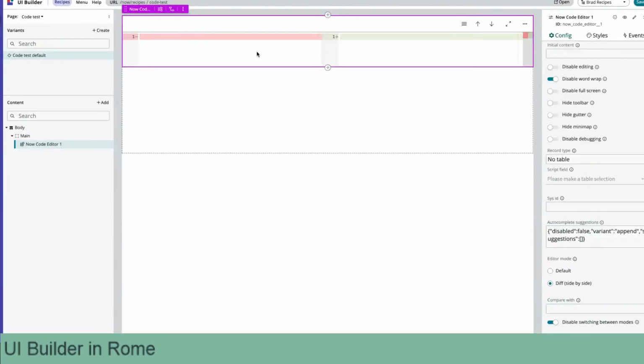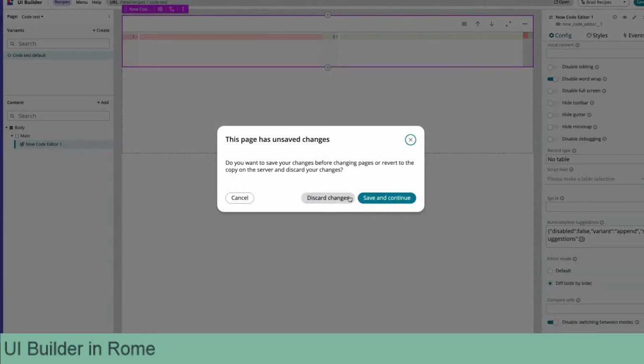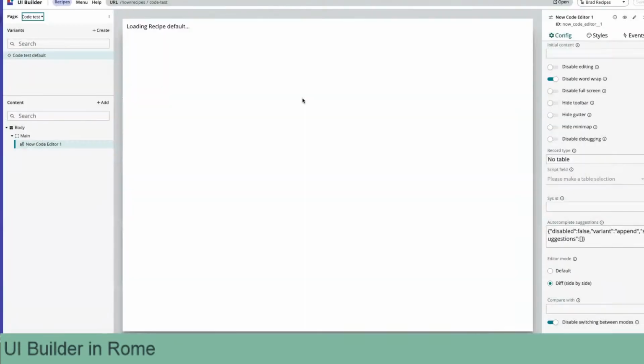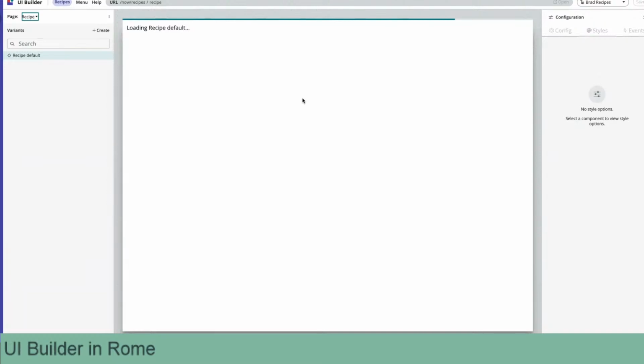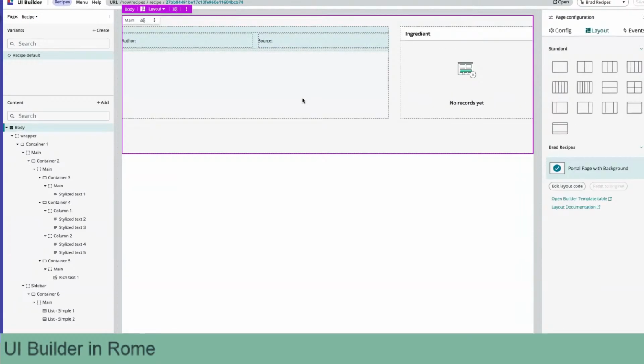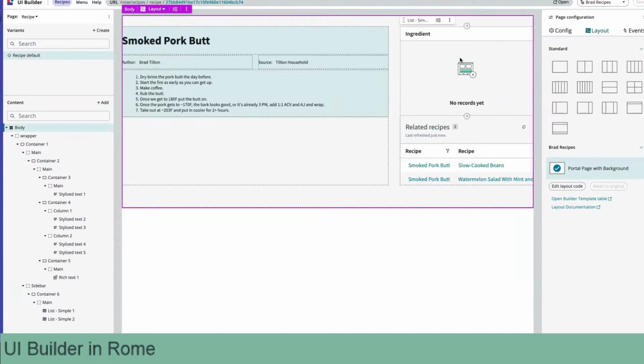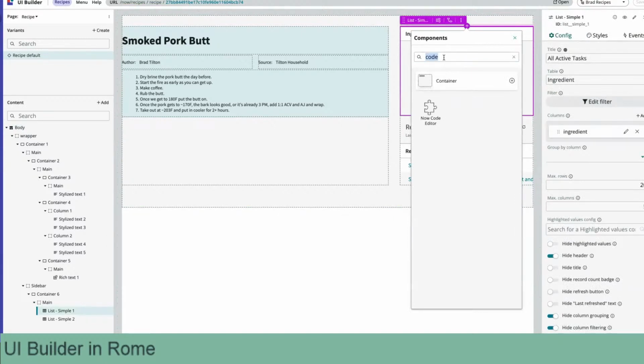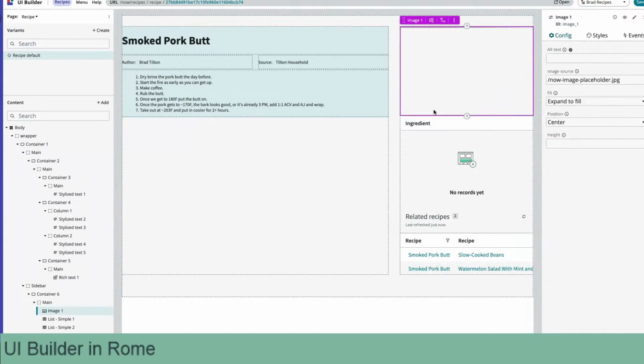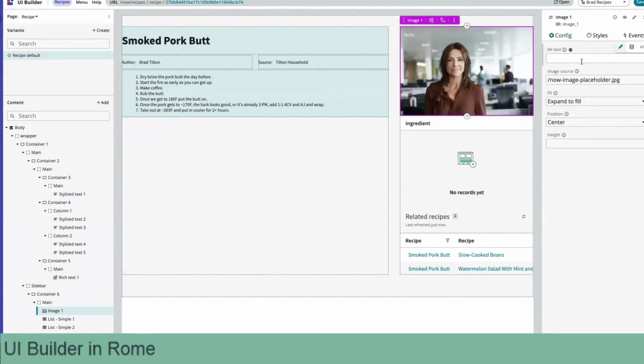All right, so we've still got some time left. One of the things that I wanted to do with my recipe page, sure, let's save it, was add a picture to it. So we had a live code a while back where somebody was asking about adding pictures to Now Experience, or adding pictures in UI Builder. I was trying to think of whether I had done it. So there is an image component. And the image source. So I think my image source is